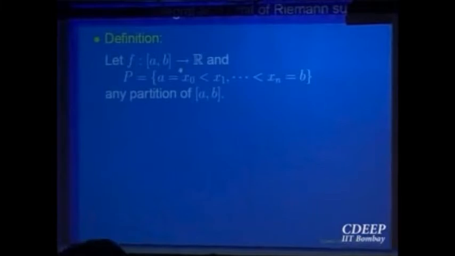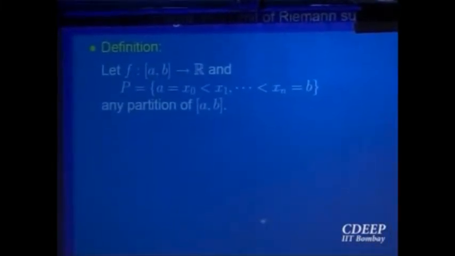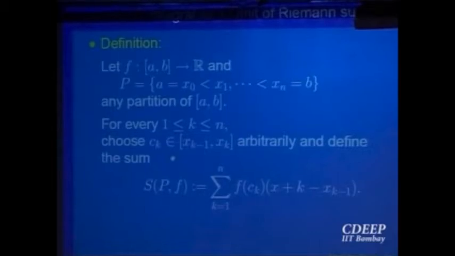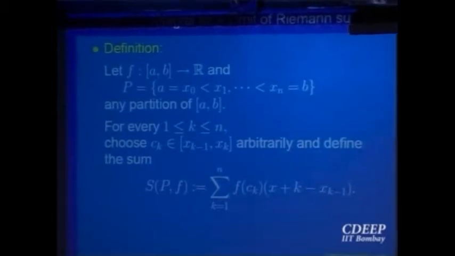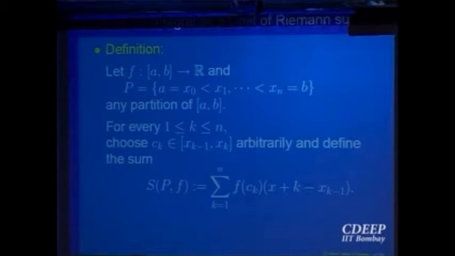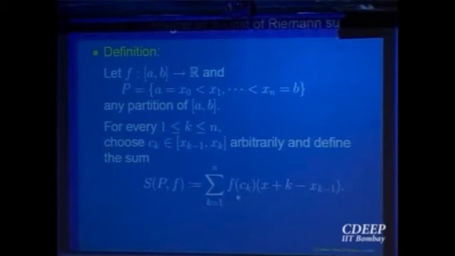It said that instead of looking at the upper and the lower, supposing f is a function given in an interval [a, b] and P is a partition, what you do is you select any point in the sub-interval Ik. In every sub-interval, pick up a random point whichever you like and look at the height at that point. So take a rectangle with that arbitrary height, so choose any point ck in the interval xk minus 1 to xk. So with that height, look at the area of that rectangle and add it up. So that gives you a sum, right?